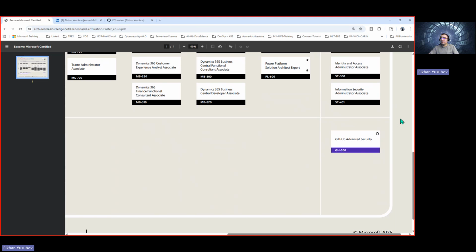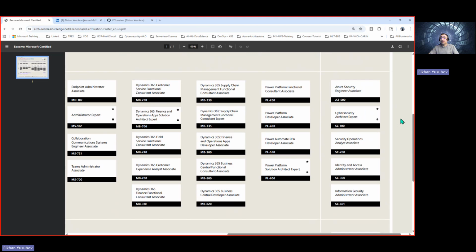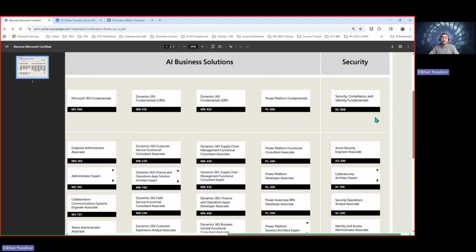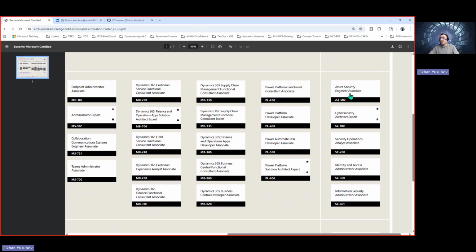which is addressing the GitHub security-related topics and domains. So if you visualize that, you will see that it may make sense to start with security fundamentals in the beginning to understand what the services are and what the Microsoft security landscape is, so to speak, and how services are connected to each other. And then you can dive into a role-based learning track where you can learn more about specific services or domains of security where you can advance based again on your interest. Again, I'm going to share this link in the YouTube video comments and description.